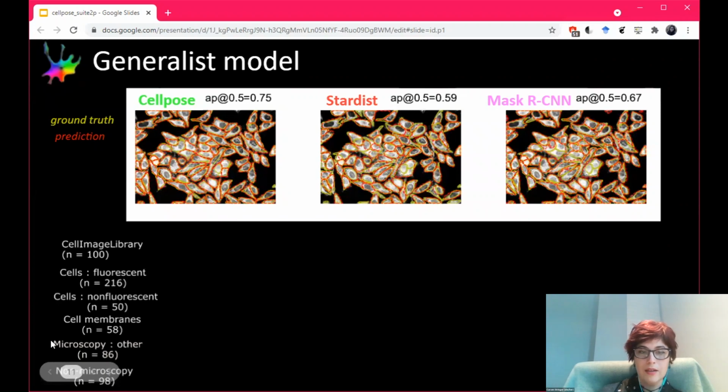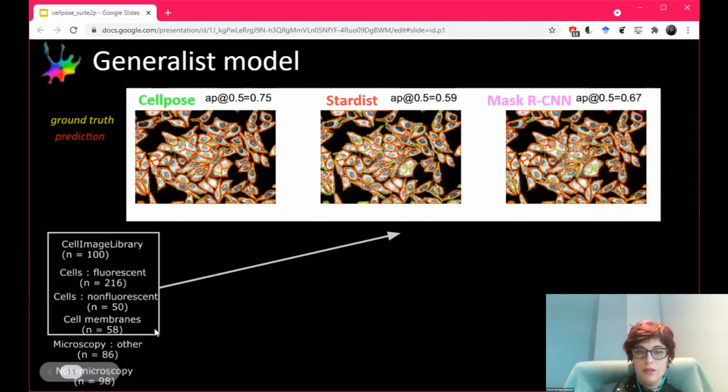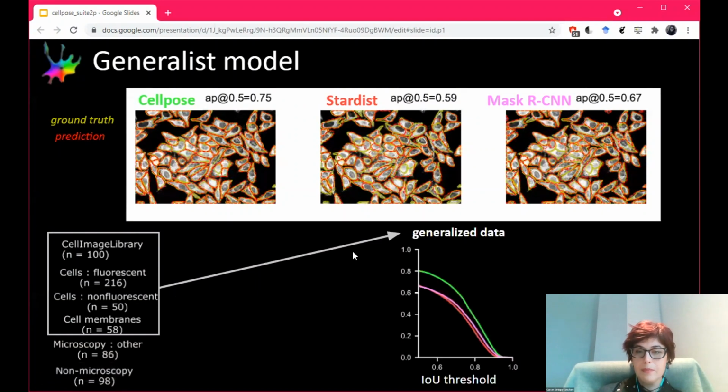We had other microscopy images. We weren't really sure what they were that we found on Google. And then we have non-microscopy images, which are like images of sea urchins and rocks and things like that. And so we labeled all of these cells and we trained the network on all of these different cells. And not cells, all of these different objects, basically. And we found that on this generalist model, basically